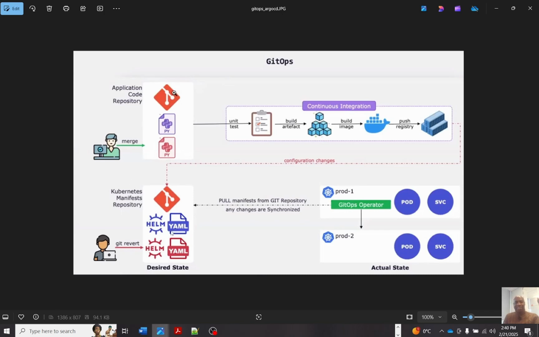So the state inside the Kubernetes manifest repository is what we call the desired state, and this is the state that you want your infrastructure to be at every point in time. The state inside your Kubernetes cluster, on the other hand, is called the current state, because that is the state in which the application is currently running. So the main function of the GitOps operator is to reconcile the desired state and the current state and make sure they are in sync at all times. The main function, I repeat, of the GitOps